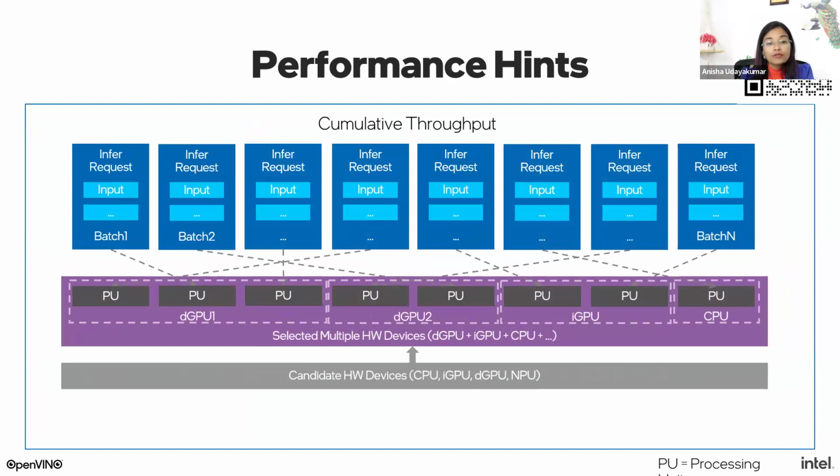And if you see how we can supercharge all of these AI models, cumulative throughput mode with auto setting is the best. The reason being, imagine there's a situation where you have a powerhouse of multiple machines, multiple devices, equipped with Intel devices like CPUs, iGPUs, integrated GPUs, and dedicated GPUs, the dGPUs. Usually when running these AI models, we tap into just one of these. But what if we could harness the power of all of the devices at once, right? That's where cumulative throughput comes into the picture.